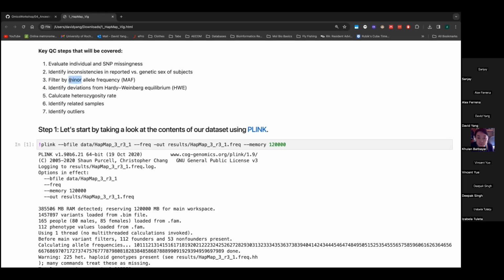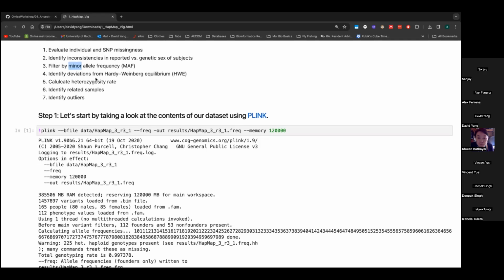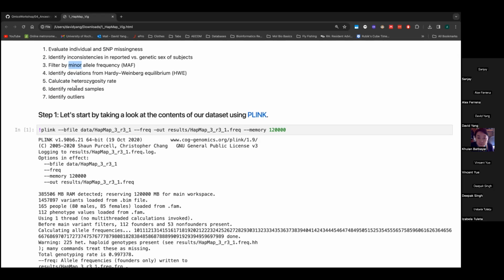Then we'll filter out variants by their minor allele frequency, identify variants that deviate significantly from Hardy-Weinberg equilibrium, calculate rates of heterozygosity, identify related samples, and then identify outliers and filter out those that are not in agreement with our thresholds. And the reason why we do a lot of these steps essentially is to remove samples that might have